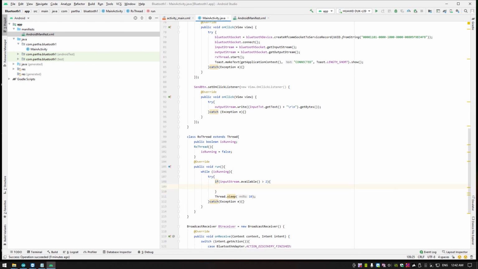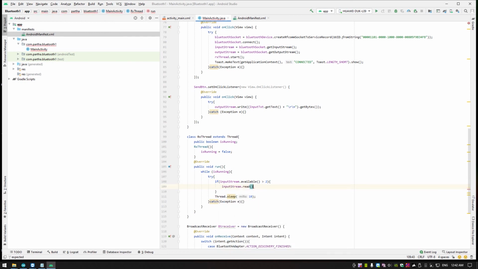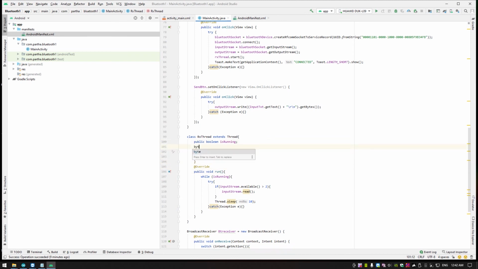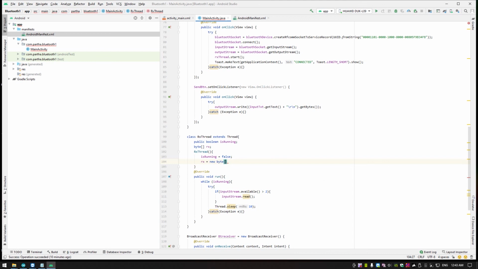Data is equal to, first we do the input stream dot read. You have to create a byte array for that. Let's say 10. 3 will be enough actually in our example.